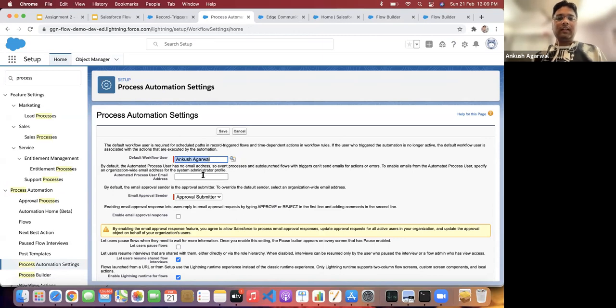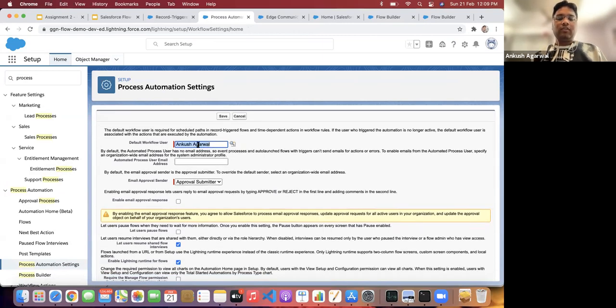So you just have to select it and make sure it is not blank. Otherwise, it will give an error.